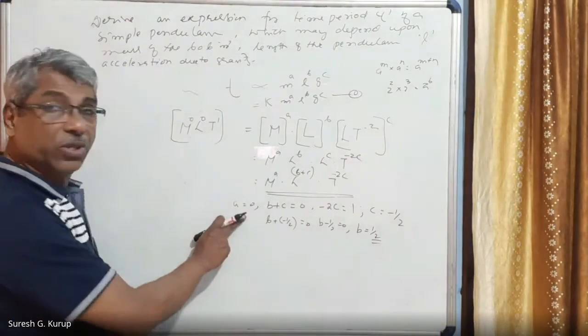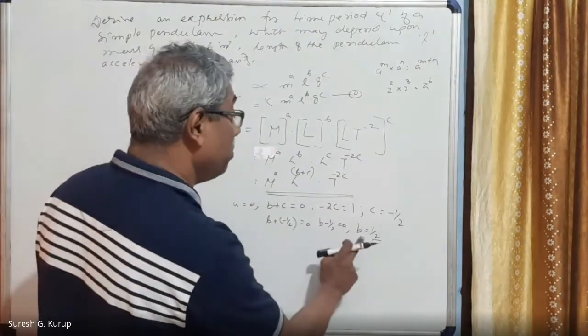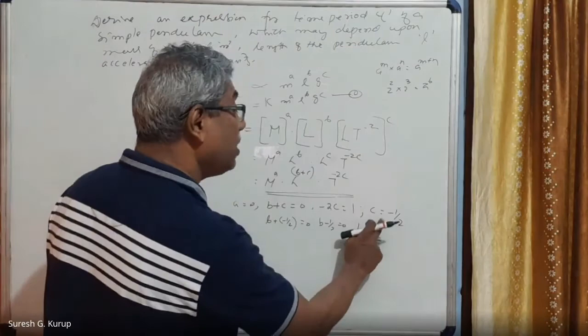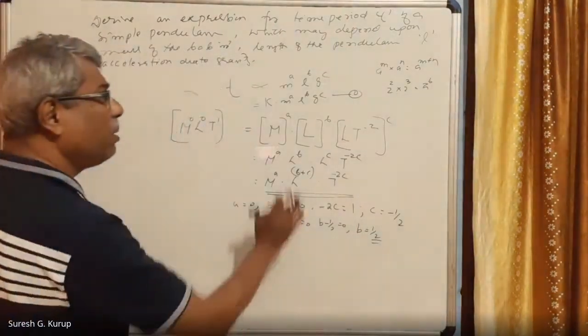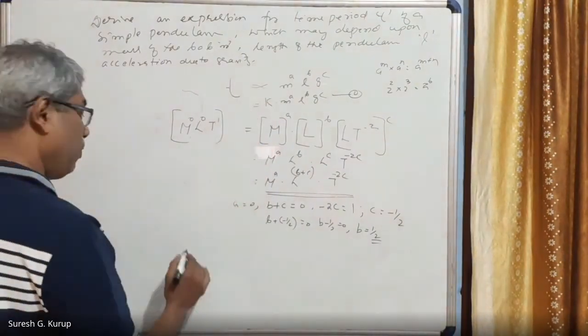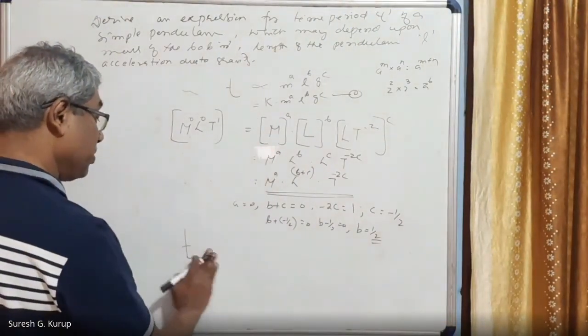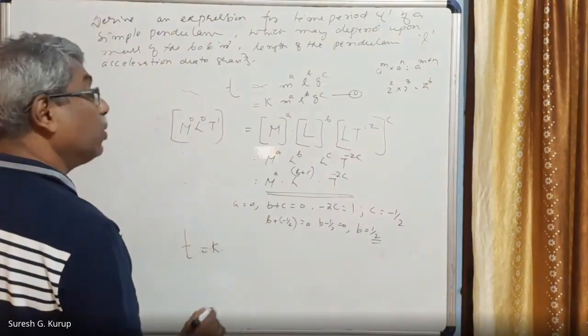A is equal to 0, right? A is equal to 0 and B is equal to 1 by 2 and C is equal to minus 1 by 2. Putting the values in equation number 1, we will get T is proportional to, or T is equal to K into M raised to